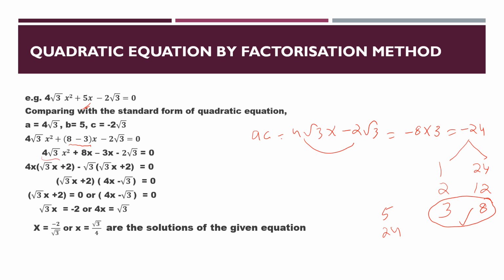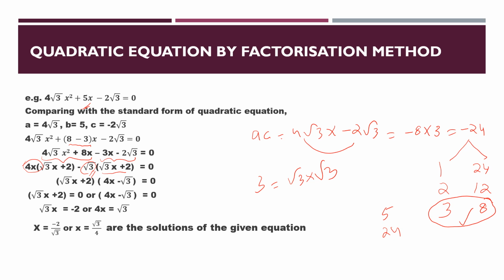Now from the first two terms we can see 4x is a common factor. When you take 4x as a common factor, what will be left behind? You have root 3x plus 2. And then from the next two terms, we take root 3 outside, because you already know that 3 can be written as root 3 into root 3. So we have taken root 3 outside the bracket as a common factor. Again, inside the bracket, you will get root 3x plus 2. So what is common here? Root 3x plus 2 is common. That is taken in one bracket, and what is outside, 4x and minus root 3, is in the second bracket, equal to 0.